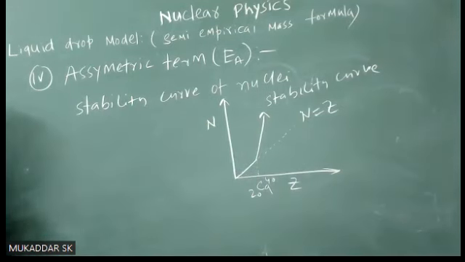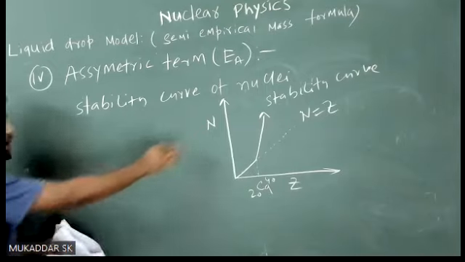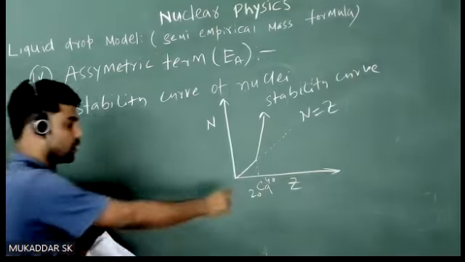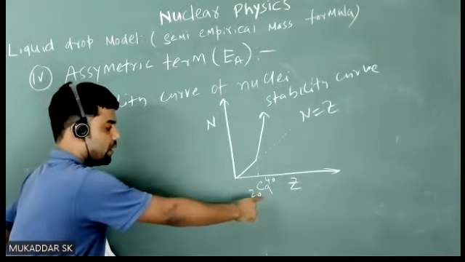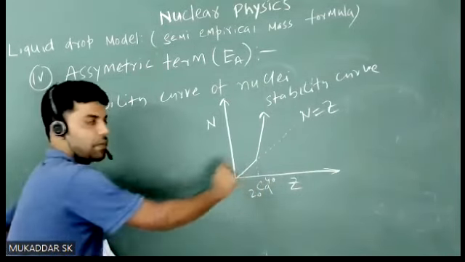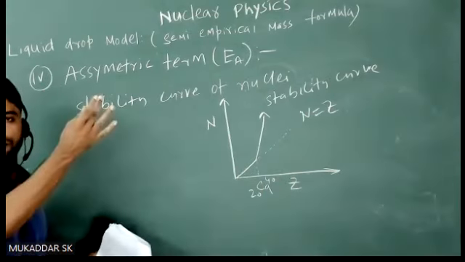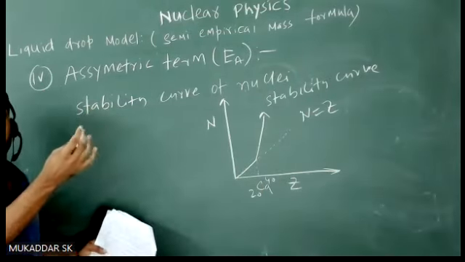ठीक है, जैसे मैं आपको एग्जांपल दूँ। N is for neutron और Z is for proton। तो जैसे जैसे आपका कोई भी आइसोटोप लोगे तो अप टू कैल्शियम 40, ये आपका नंबर ऑफ प्रोटॉन और नंबर ऑफ न्यूट्रॉन सेम होता है। बट जैसे आप बढ़ाते जाओगे, नंबर ऑफ न्यूट्रॉन बढ़ते जाएगा, है ना।